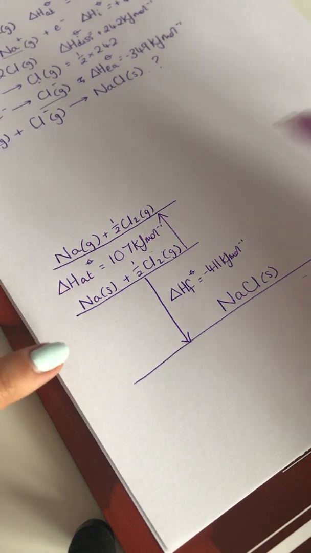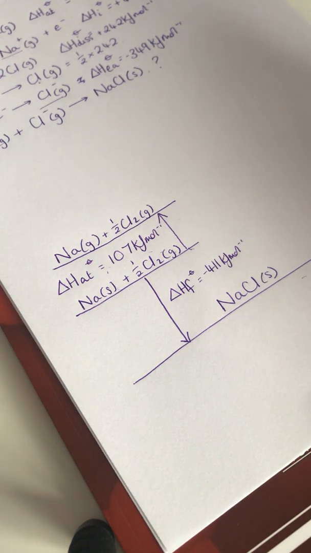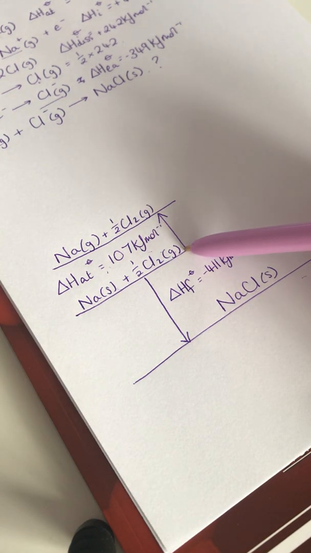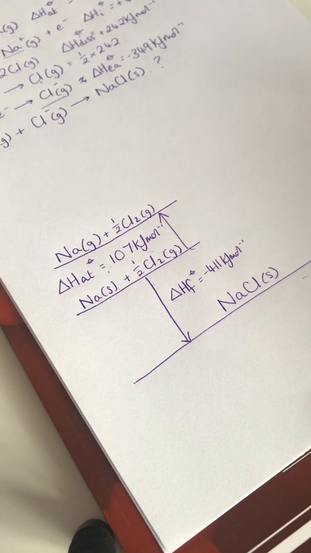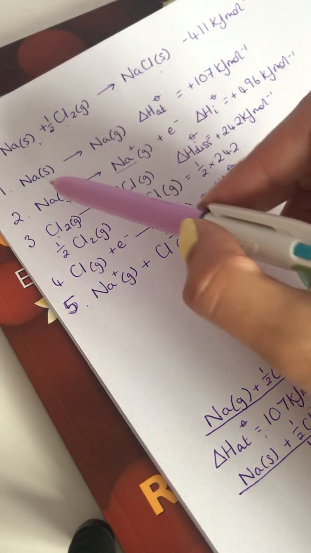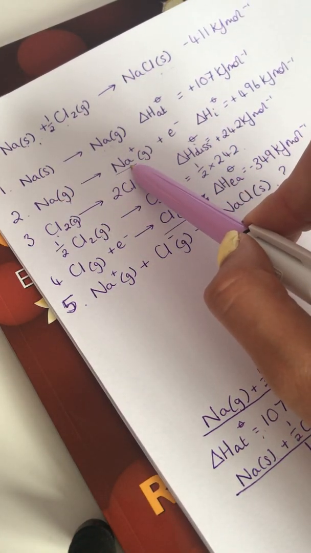Now, this is a positive value, and notice that my positive value points upwards. That's important, okay? If you have negative values, they should point down. Positive values should point up. So, the next step I had was to take my gaseous sodium and turn it into the ion form of